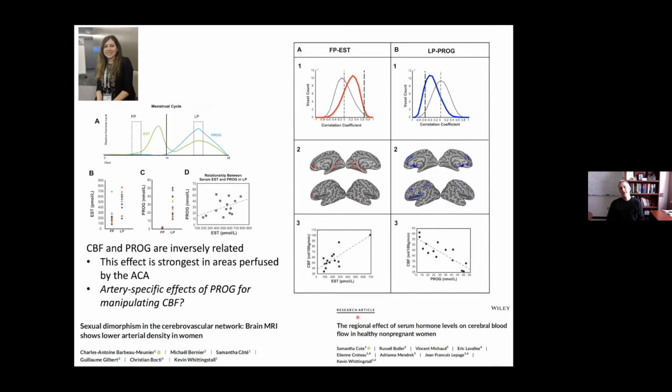So then we decided to go straight into applications. This is work from my PhD student, Samantha Cote, who decided that she was going to investigate the role of sex hormones on the size of these blood vessels. And so at the beginning of her PhD, she did this absolutely phenomenal work where she recruited otherwise healthy, normally cycling women and scanned them at 3 times throughout the menstrual cycle in order to isolate times in the follicular phase, so when hormones are low, and the luteal phase when hormones are high, and look at how the brain responds to these 2 states.